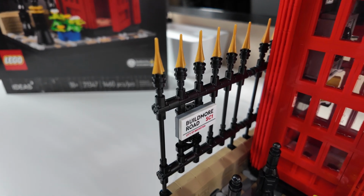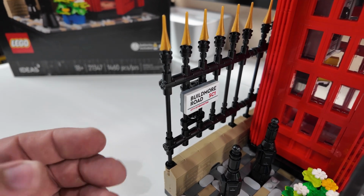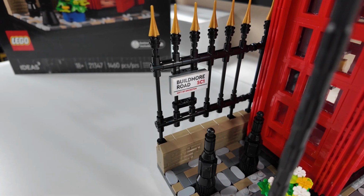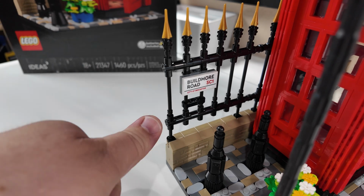And then we come down to the fences. This fence probably is about 200 pieces alone. It is a ton of parts, as well as the brick-built wall here in the back. Here we have the little sticker element. I tried to put all the stickers on crooked to match the box, so hopefully I did a good job